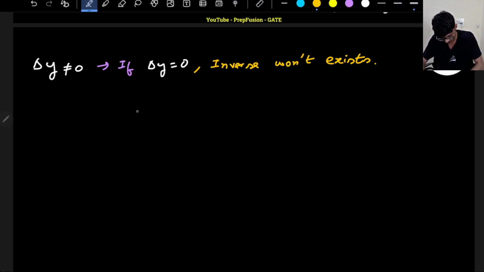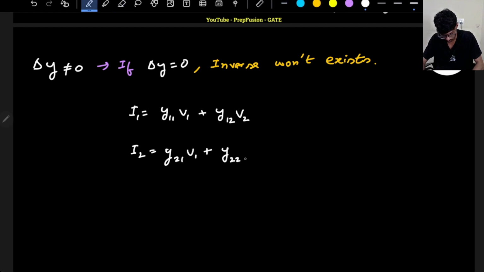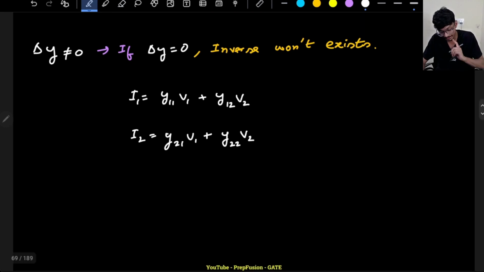The equation is I1 equals Y11 into V1 plus Y12 into V2, and I2 equals Y21 into V1 plus Y22 into V2. An important point: if you have studied linear algebra, you will know that if the determinant of this matrix is 0,